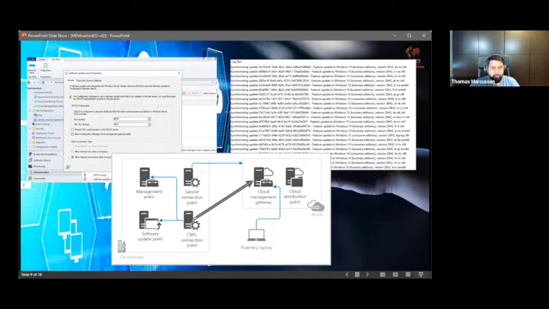We used to have servicing stack updates. I know a lot of you have been struggling with servicing stack updates. Those are updates to the Windows Update mechanism itself, which caused some issues because quality updates were depending on them. But now these servicing stack updates have been integrated into the quality updates installation as well, removing the dependency on each other. This doesn't necessarily mean that if you have legacy clients still running on an on-premise WSUS infrastructure, they will sort themselves out. They will not. But if you were to switch to a Windows Update for Business environment, you would see that they would resolve the issues themselves.